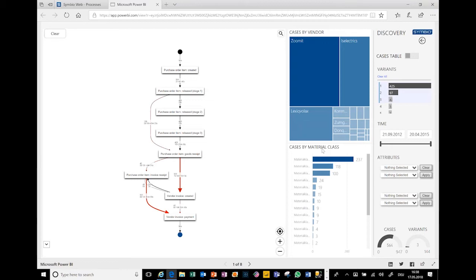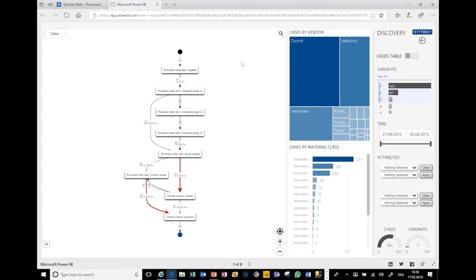So that is the first, I would say, classical view. And what you see here is the so-called Process Explorer, and it gives you the current view on the process. This example is a purchase to pay process with data coming, for example, from SAP.